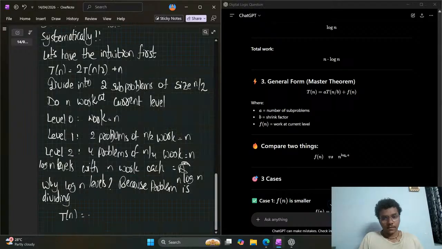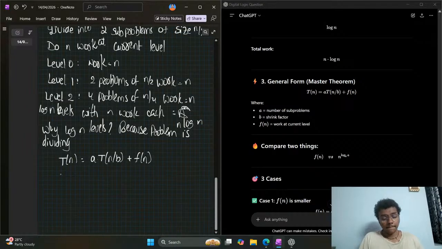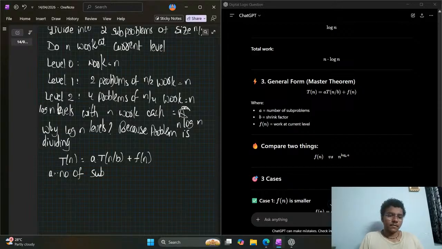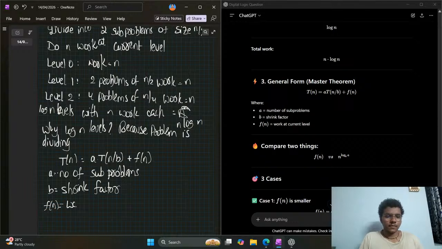T of n equals a T of n by b plus f of n. a equals the number of subproblems. b equals the shrink factor. f of n equals